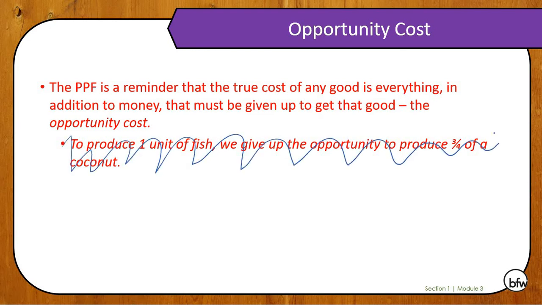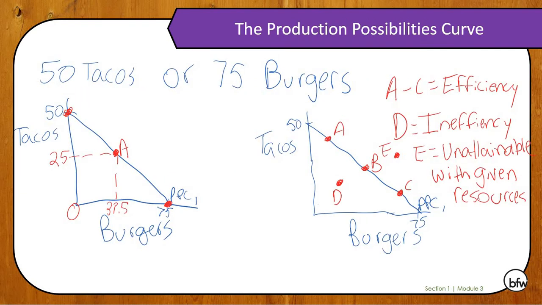Basically, if we were to go back up here to our example, and we're going to talk about this more in class, if we were to produce one taco, we can figure out how many burgers we give up to do that. In order to figure that out, we're going to take 50 tacos or 75 burgers. Let's say we want to figure out what our opportunity cost for producing a taco is. We're going to divide this by 50 in order to make it equal to 1. So we're going to say 1 taco is equal to